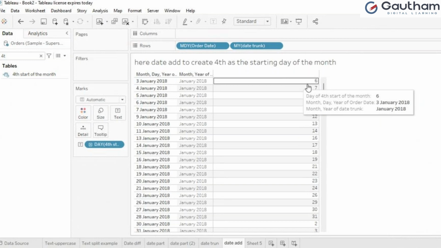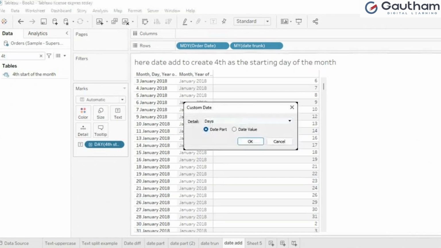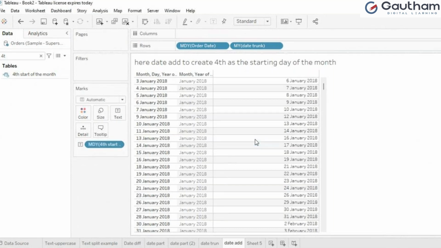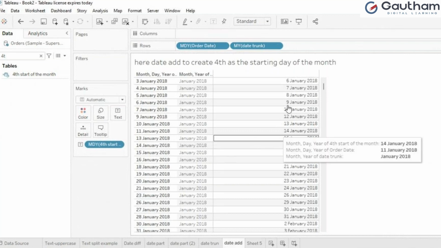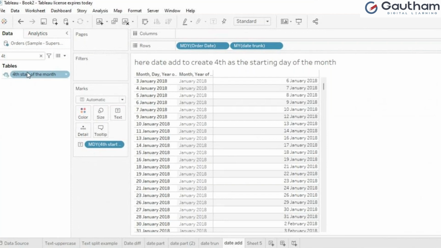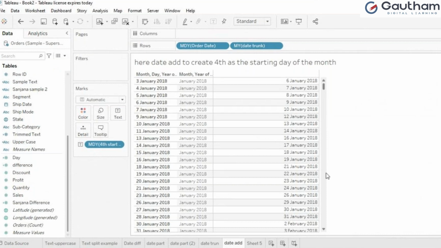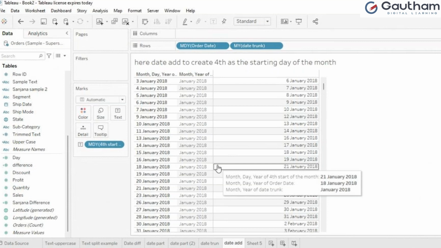To get more clarity, I'll go here and go to a custom. For you, I'll keep the whole date so that you can understand now. See, month start date is coming, the order date or something. If you bring the measure values, clearly you can understand. Okay, now I have shown you how to create this date add function. When you create measures and play with the data, that is the moment where you can understand how the sales and when it has been.